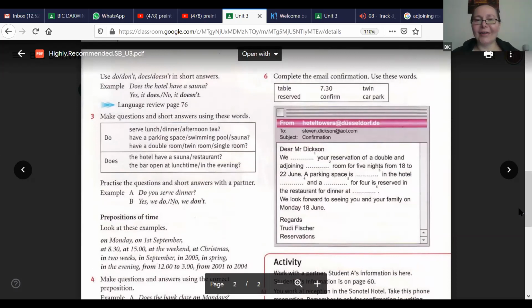Okay. So let's have a look at exercise 6 and complete the email confirmation. I'll give you a few minutes and then we'll put it together.